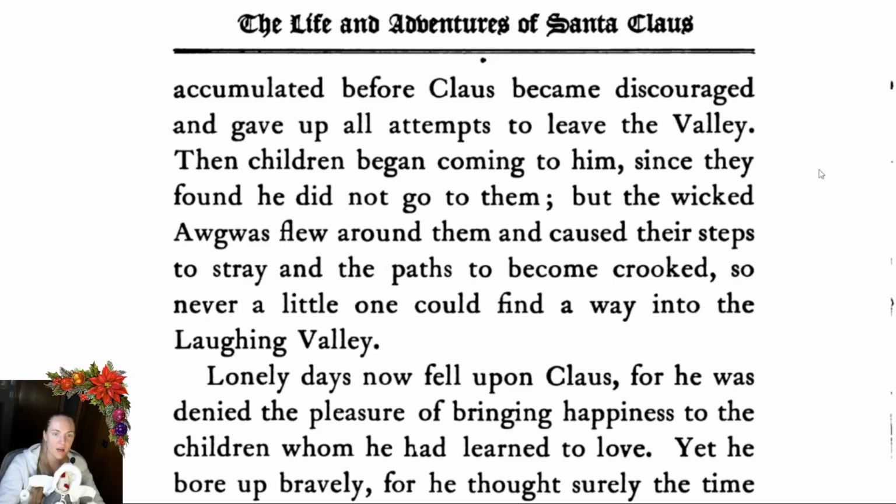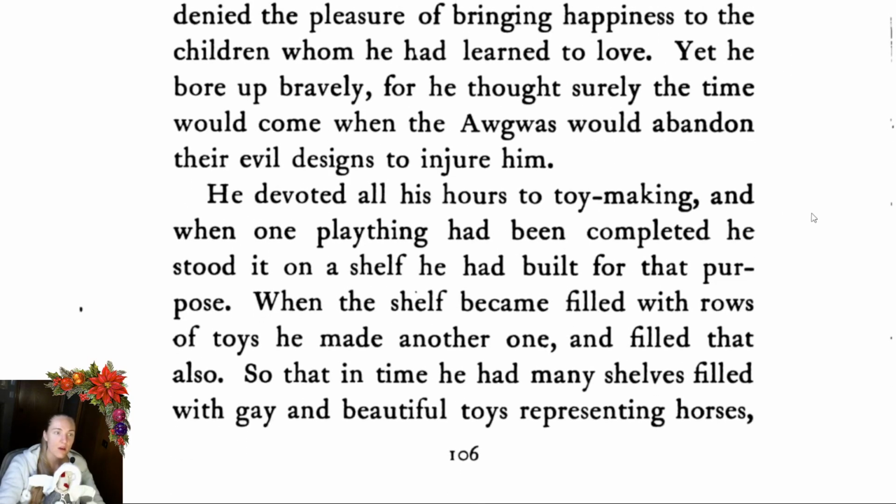Then children began coming to him, since they found he did not go to them. But the wicked Aguas flew around them, and caused their steps to stray, and the paths to become crooked, so never a little one could find a way into the Laughing Valley. Lonely days now fell upon Claus, for he was denied the pleasure of bringing happiness to the children whom he had learned to love. Yet he bore up bravely, for he thought surely the time would come when the Aguas would abandon their evil